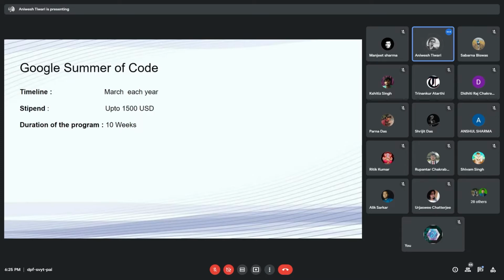And for applying to Google Summer of Code, you must be familiar with different organizations, the organizations that Google Summer of Code selects. So, in order to get selected, you have to start contributing to those organizations from the very beginning, so that the mentors and admins of those organizations become familiar with you, and they will select you when Google Summer of Code starts.